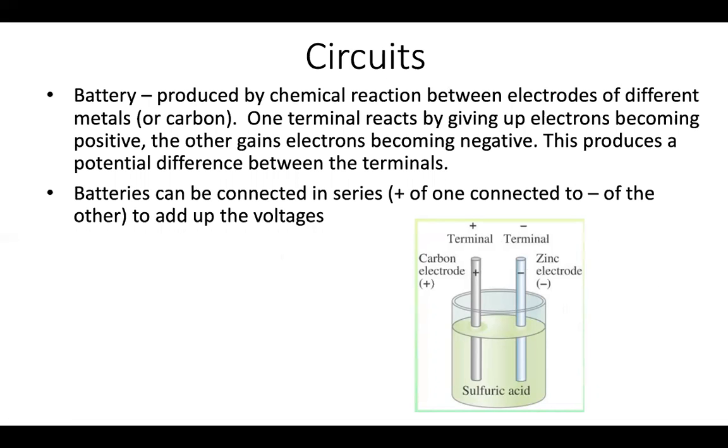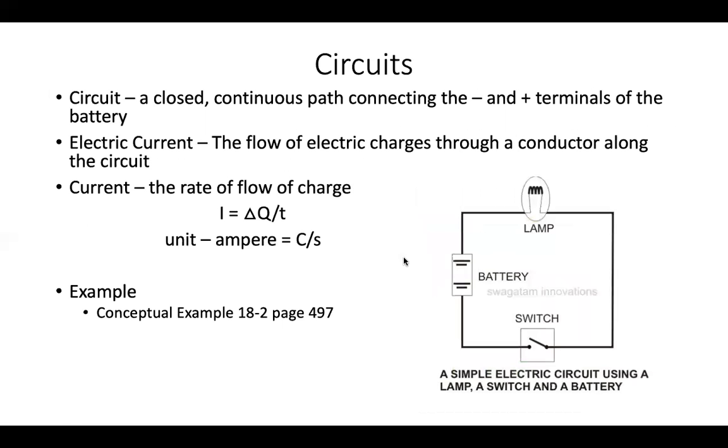All right. So the voltage of the battery is the potential difference. Okay. Next thing, a circuit. Why is it not changing? There you go. All right. So what is a circuit? A circuit is a closed, and this is important, a closed continuous path connecting the two terminals,